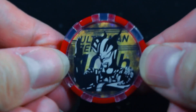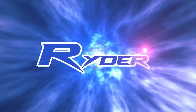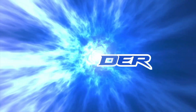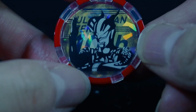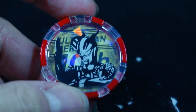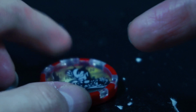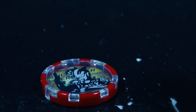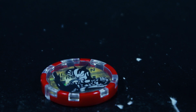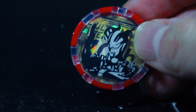Ultraman Zero 10th Anniversary Ultra Medal. So, for these next few Ultra Medals, I don't have the package for, just because of the way you had to get them. For this one, was it an Ultraman store exclusive? If the Ultraman store was a thing back then. No, it wasn't. But this was a Super Riot store exclusive or an event exclusive. I think this one was an event exclusive